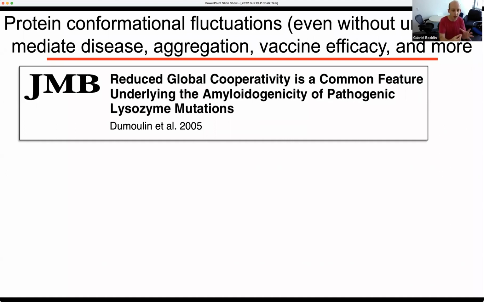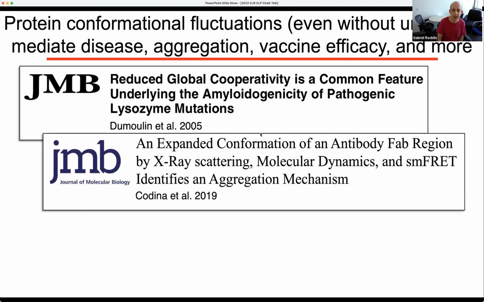And these local unfoldings actually seed the formation of amyloid fibrils that cause big amyloids to develop in the liver and the kidneys and kill the people with this inherited disorder. It's not because the whole protein is unfolding, it's just because there are local fluctuations in a small chunk of the folded domain that cause aggregation and amyloid formation. Another example is studying